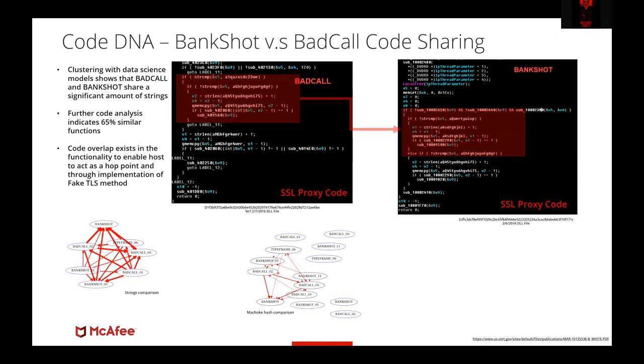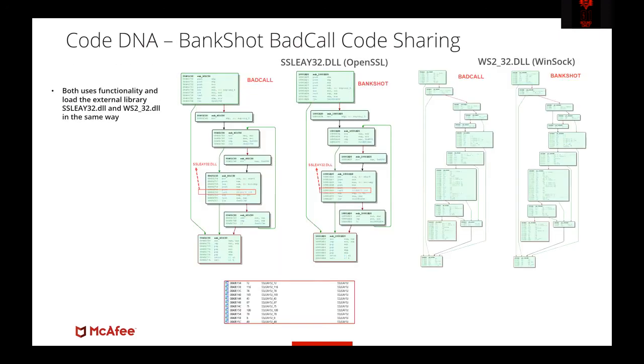That gives us the information that potentially the samples were created by the same team, or there is some code sharing between multiple teams. So here it's a real example where you can directly identify code sharing between two different samples used in different campaigns. Another example with two other DLLs, where we can see the same functionality used directly with the CFG. Here we can see a similar CFG for different samples.